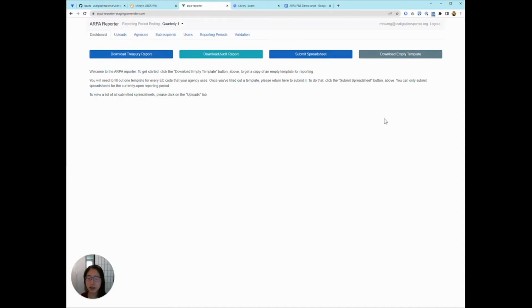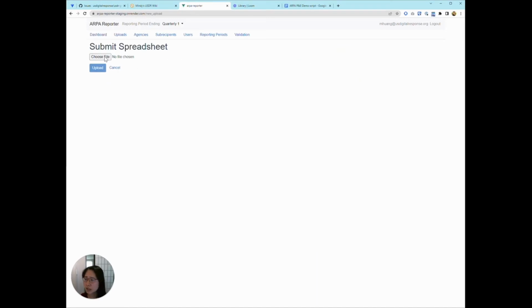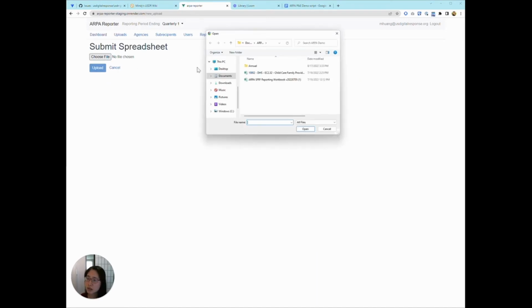Now let's take a look at the web tool itself. Let's say that you are a project manager and you have filled out the workbook that your grants program officer has given you that we talked about in the last section. Now what you do is you come to this tool, you hit Submit Spreadsheet, like so,